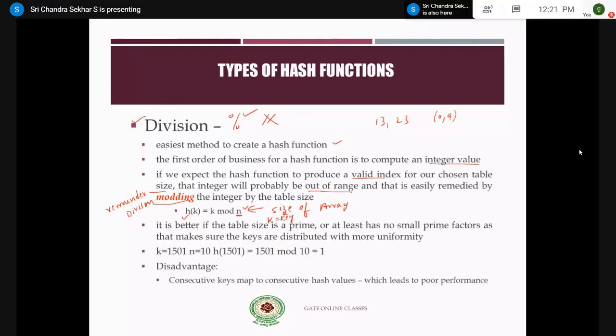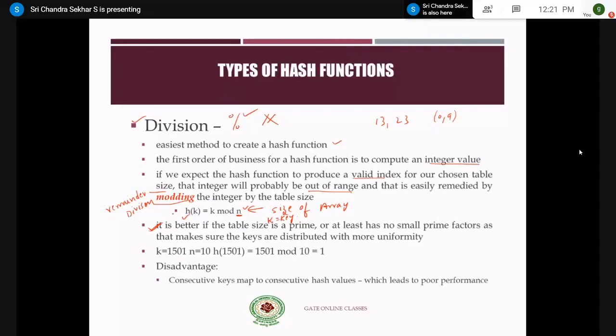And one more important point you have to remember here is, it is better if the table size is a prime number. There are a lot of advantages of taking the table size as a prime number, or at least it should not have any small prime factors, right? So we may be asked a question like this: what can be the best table size for hashing?